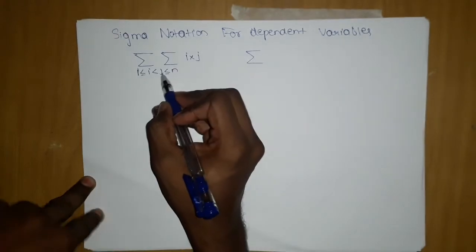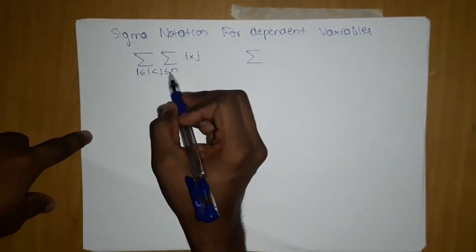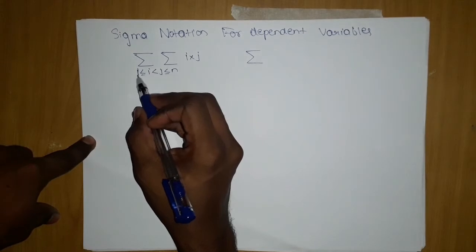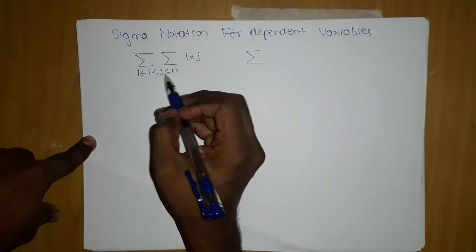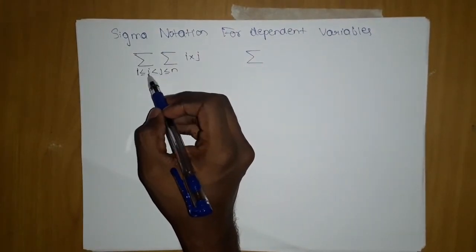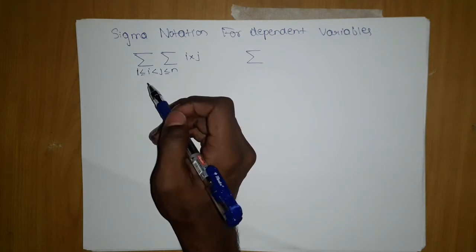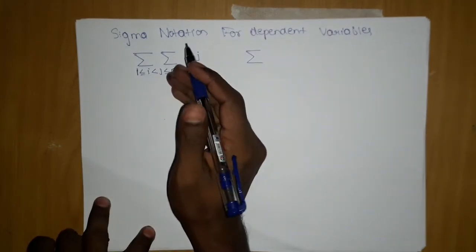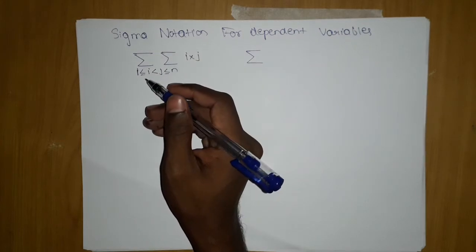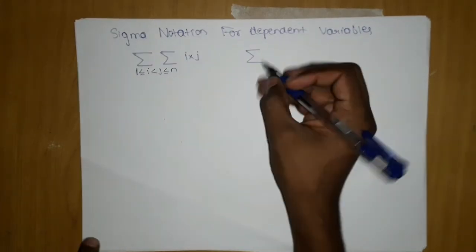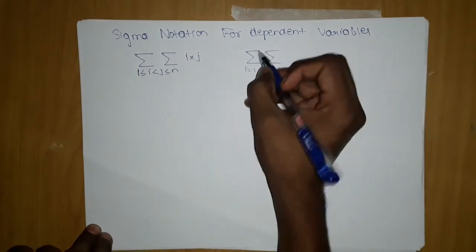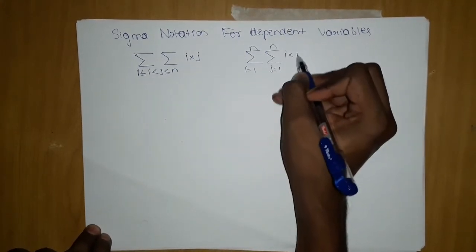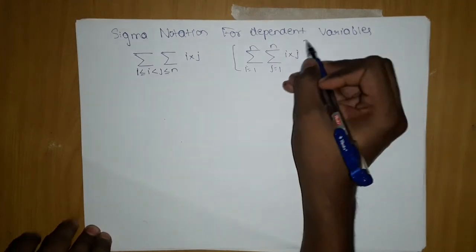This is telling us that i is less than or equal to n, and we will read it from that side. j is less than or equal to n, j is greater than or equal to 1, and i is less than or equal to n. But i is always less than j, and j is always greater than i. That is the important thing which you should keep in your mind. Now i equals 1, j equals 1, and i cross j. Now this is the independent one.